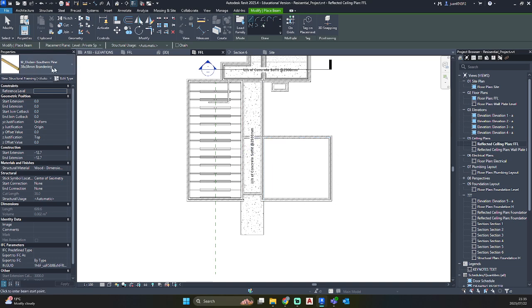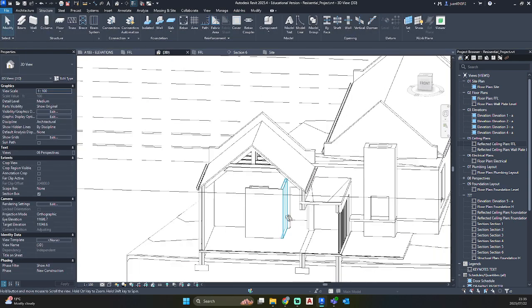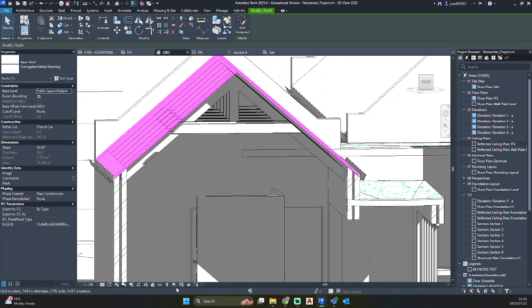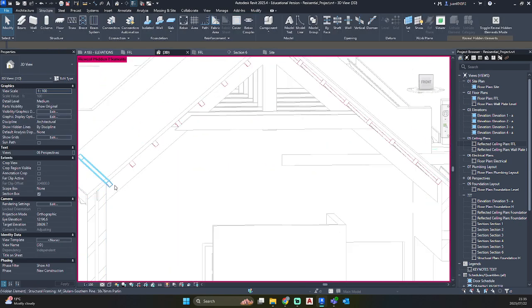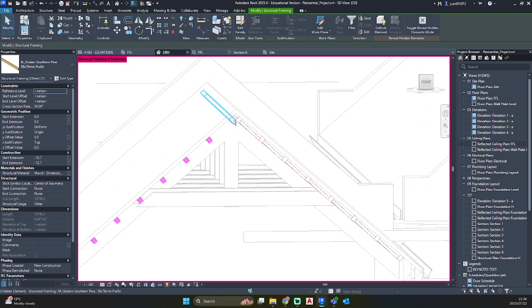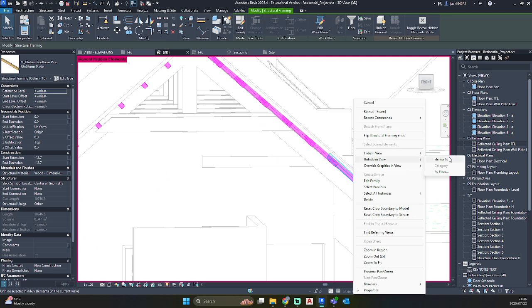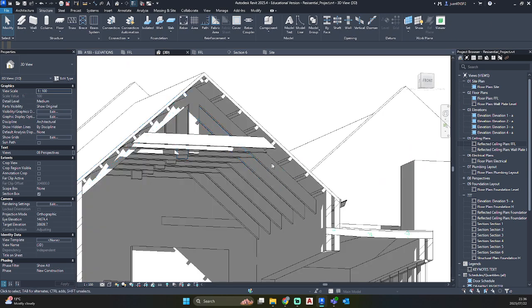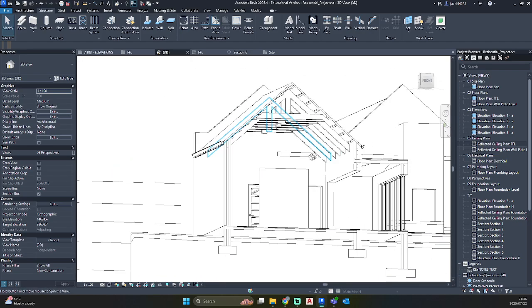Okay, we don't have to do a rendering at this stage for this ceiling because our... Oh, there we go. I did not unhide my purlins, so I'm just going to do that real quick. Unhide elements. So our ceiling would be fixed on our purlins for this vaulted ceiling that we're going to create.